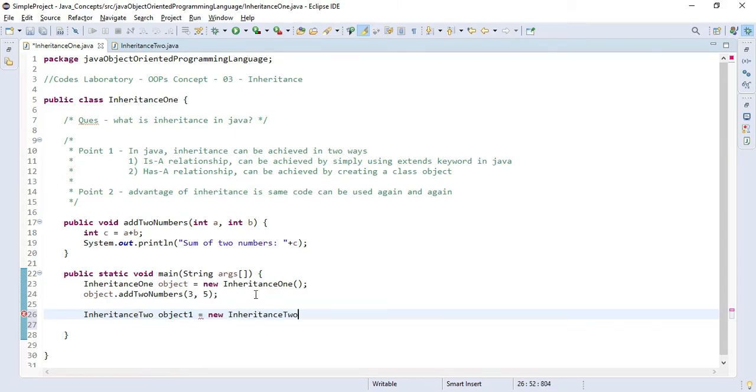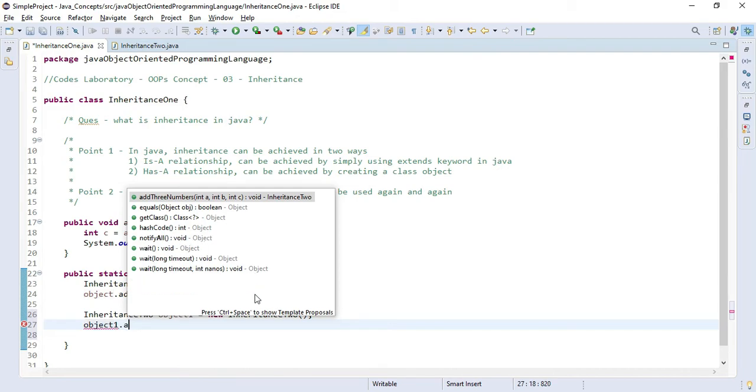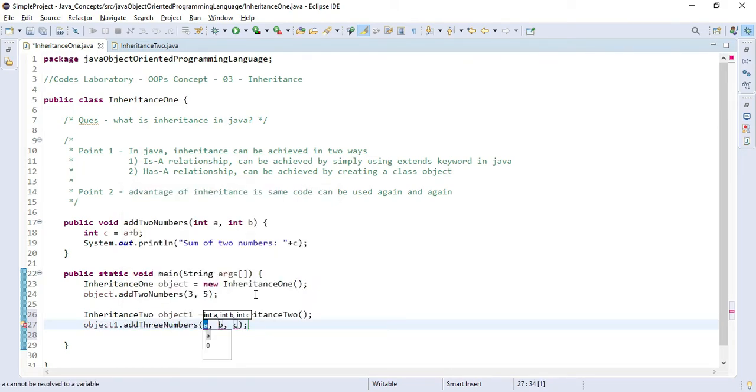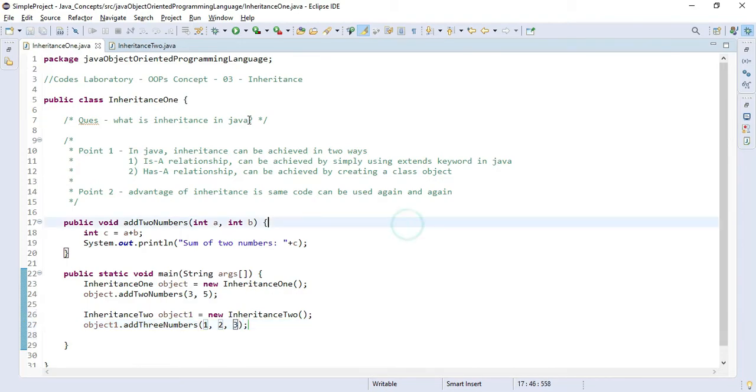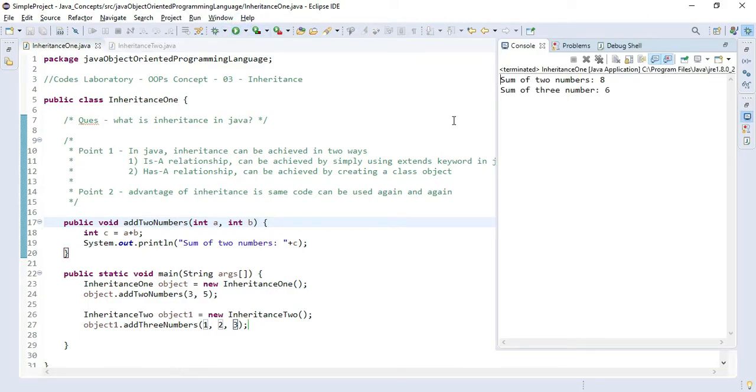New this, and in this way, if we use the object, we'll be able to call add three numbers. Simply enter this, we will pass 1, 2 and 3. Let's just save this program and see whether we are getting the output or not. Okay, so it says sum of two number is 8 and sum of three number is 6.